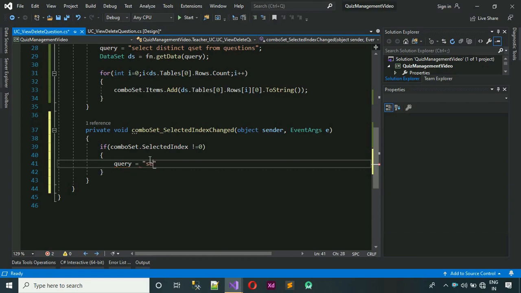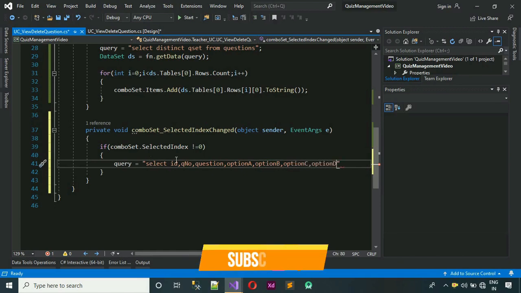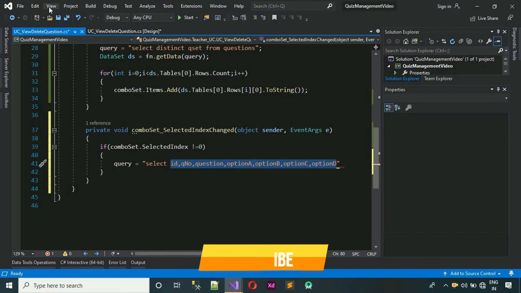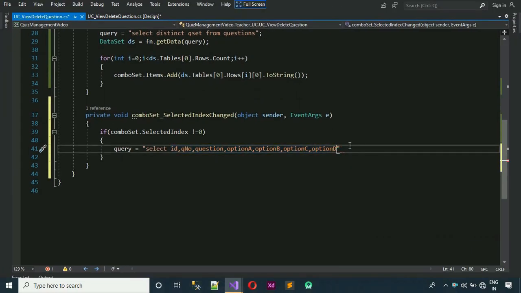So query is equal to: select ID, QuestionNumber, Question, OptionA, OptionB, OptionC, OptionD. Make sure you write the same in the same order, and if any character in the column name is a capital letter, make sure you also write it as a capital letter. So let me make this full screen so that you can see all my code. After this, OptionD, and I need Answer, and from which table? So from Questions, where